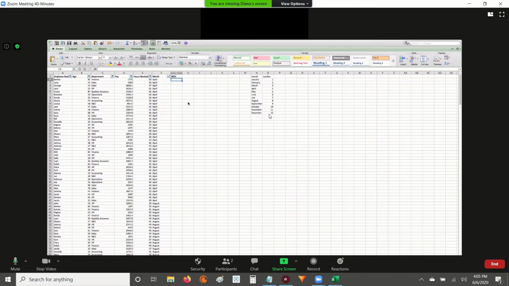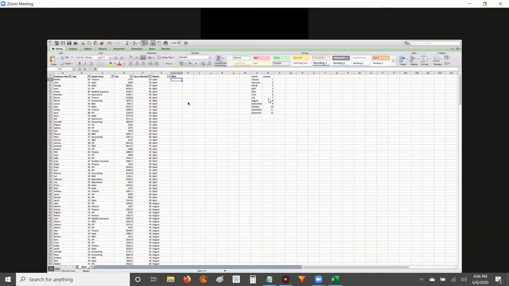So basically we're going to tell Excel to look in columns N and O, and when you match from column N to O, give me whatever's in O. So when the month is April, I want you to bring in the number 4. When the month is July, I want you to bring in the number 7, because those numbers correspond with the actual month of the year. Make sense? Yeah. Okay, so to do the VLOOKUP, what you're gonna start with is equals